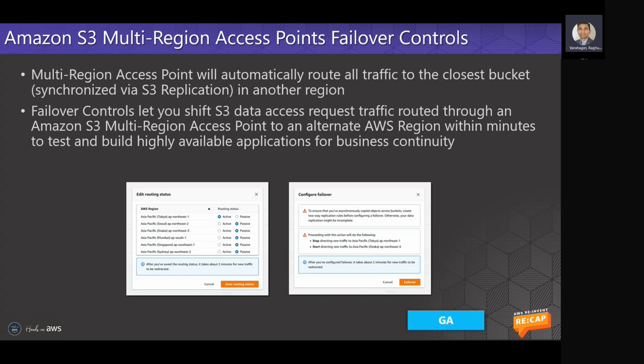So now there is a failover control available where you can set up some configuration rules to determine which bucket will take over or fail over to in the event of one particular region being unavailable for whatever reason, right? So that's a new feature that has been announced. Again, this is for highly, I would say, sophisticated environments where this level of performance tuning on a global scale is required. But it's good to have this